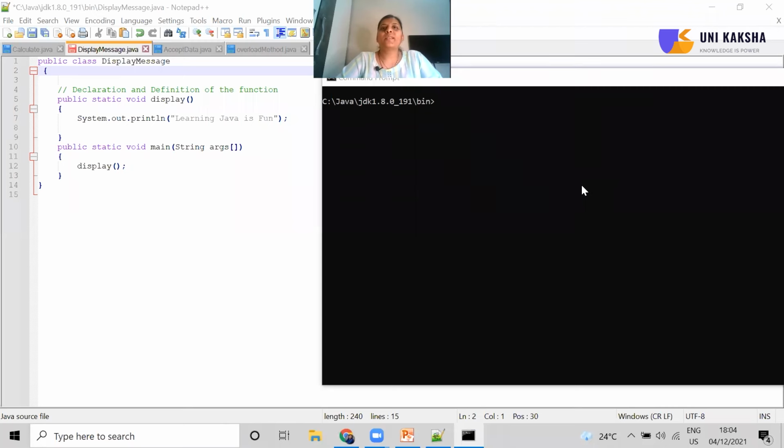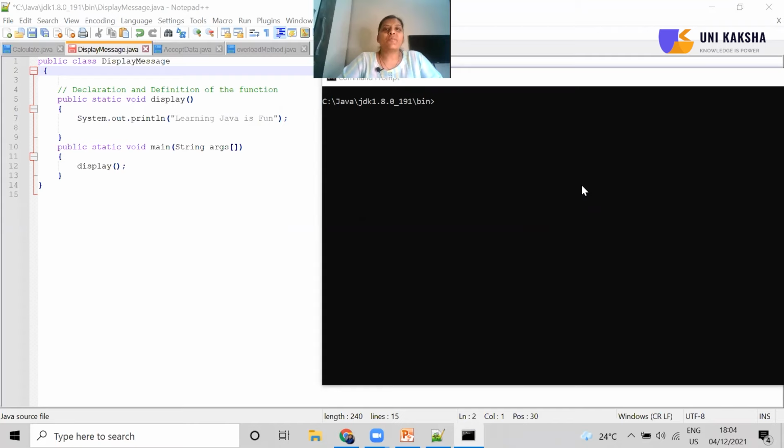So in the editor, you can use any editor for writing the Java programs. Like you can go with Eclipse, you can go with Notepad++, or any number of IDEs available in the market. So it is up to you which kind of editor you are going to use. Here I am going to use Eclipse as well as Notepad++. Today I have written the programs in Notepad++.